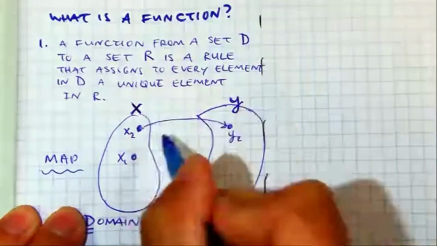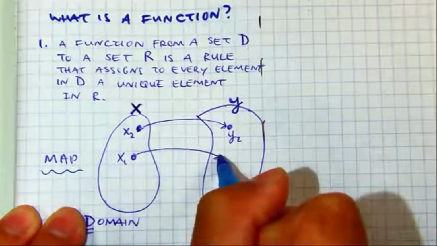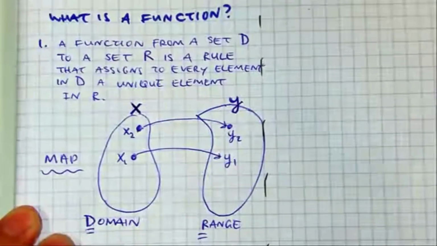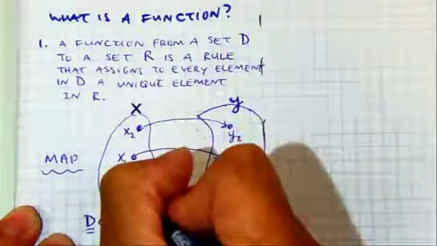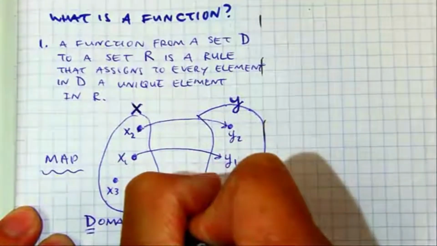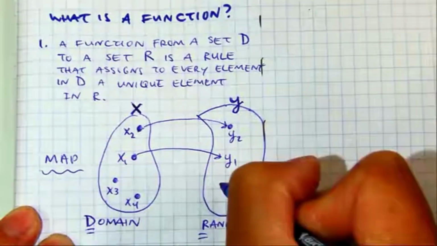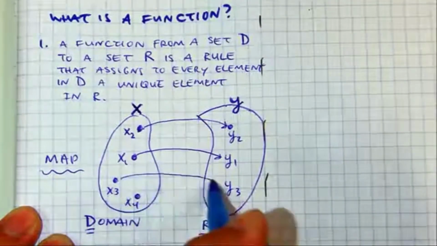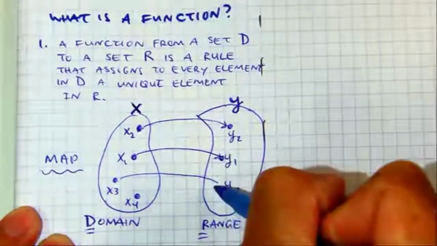y1. Okay, this is going to get tricky now. x3, x4. But they're going to go to the same element over here. Okay, this is what you're